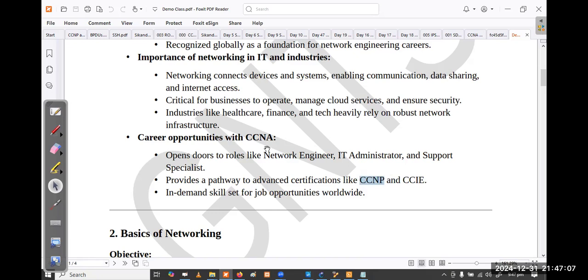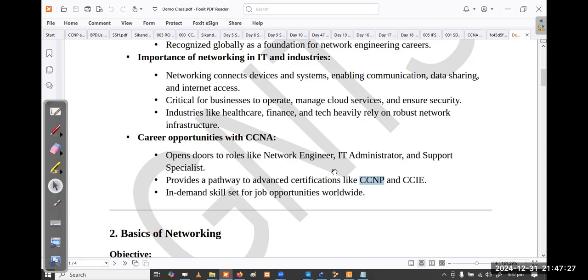By the way, if you want to sit for CCNP straight away, that is also possible. You can go without doing CCNA also. That path is also fine, right? If you do CCNA, then you have to spend $300.